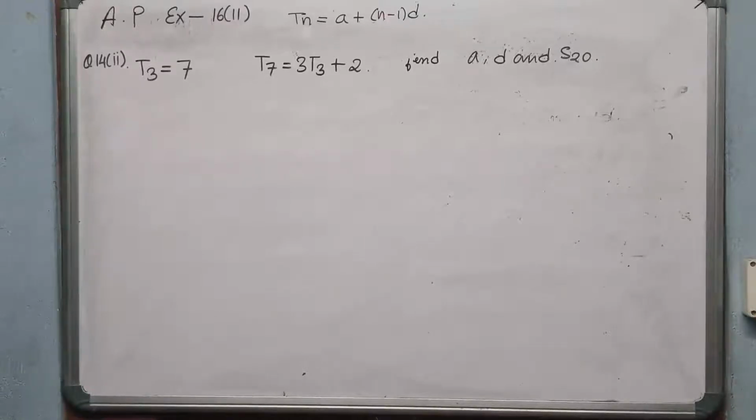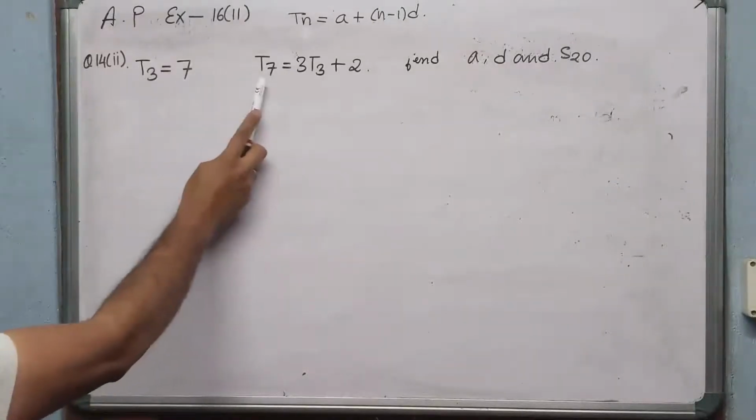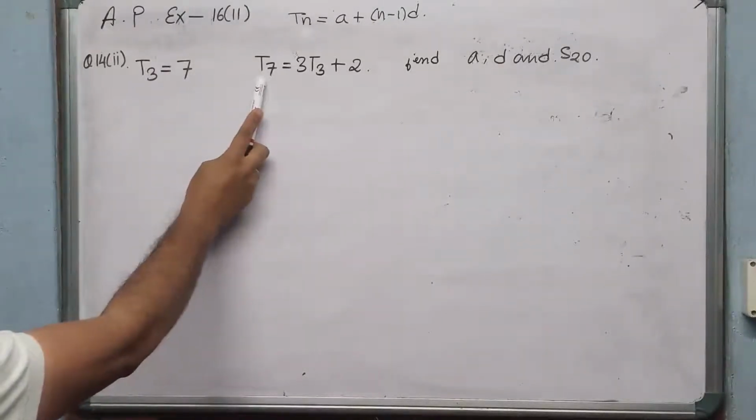Dear student, this question 14.2 is another very important question for your school examination as well as for the board examination. Now the question is: the third term of an AP is 7 and the seventh term